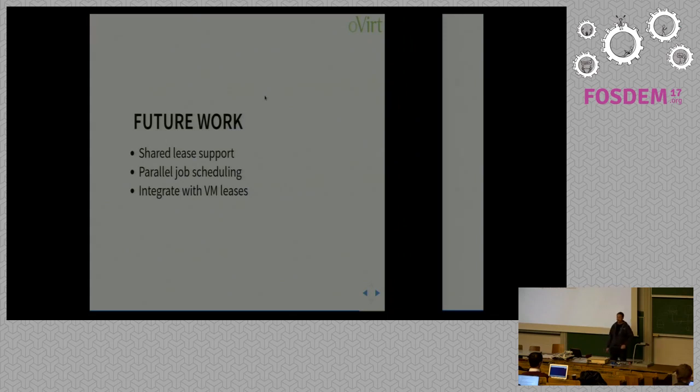The next one is parallel job execution. Obviously the design is set up so that if we have 4 volumes to copy at once, we can do them all on different hosts at the same time. There's a bit of scheduling logic that goes into dispatching all the operations, monitoring all the status, and then combining it into the final result. So we're working on that.